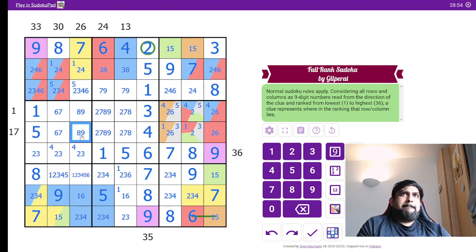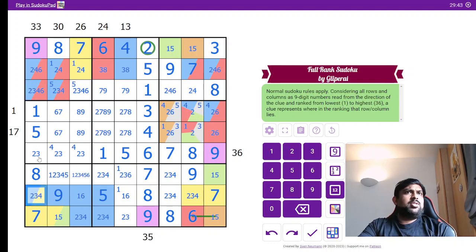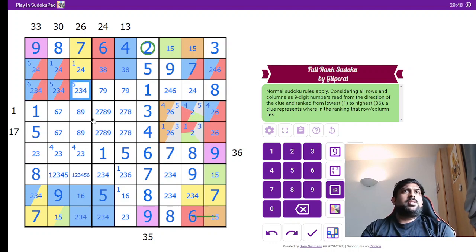7, 9, 6, 8. If this is 6, then this will be smaller. Can this be 3? Let's wait. Okay, so where we were. So we jump back. Looks like 6 is there because we don't have a 6 in these two cells. So now 6 is taken from here. So whichever cell is a 6,